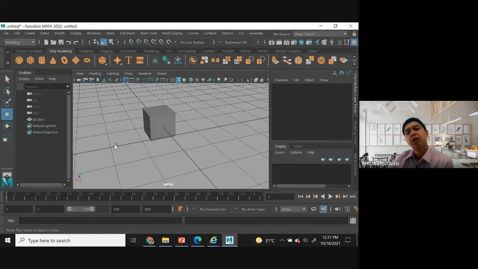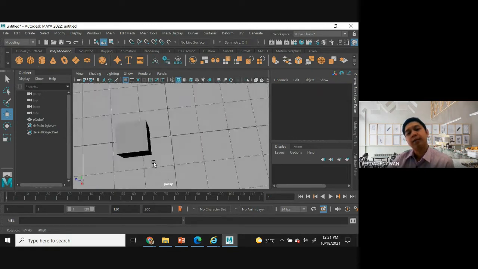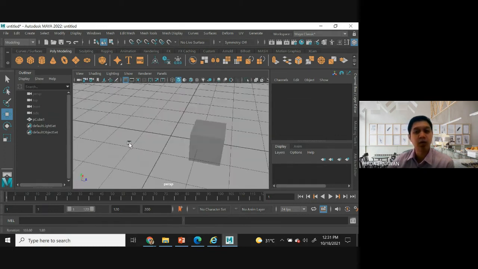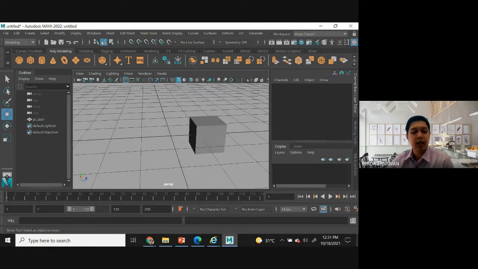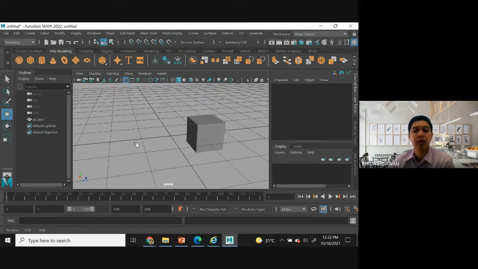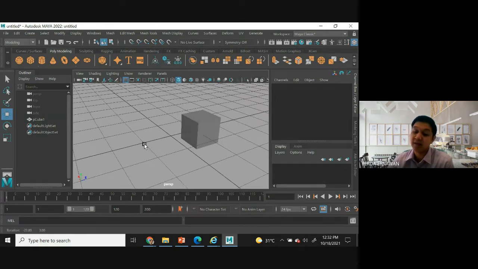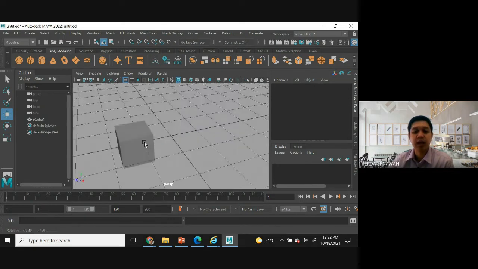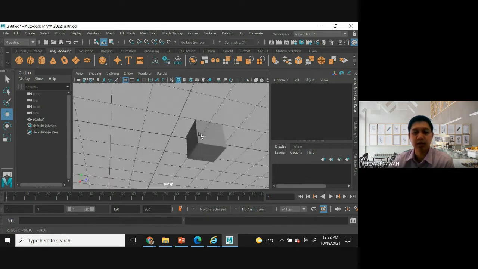In the Maya, we also have how to rotate like this. You can press Alt, and then using your mouse, left click, and then you can select it, the cursor like this, based on your preference.